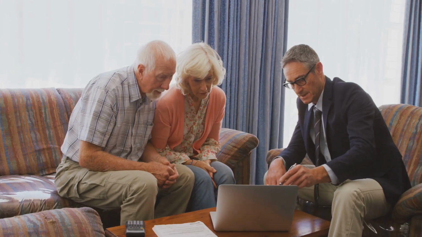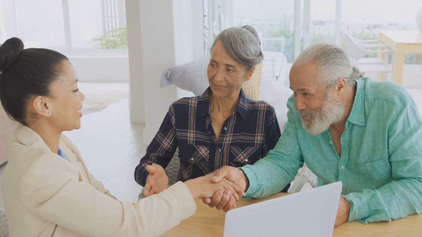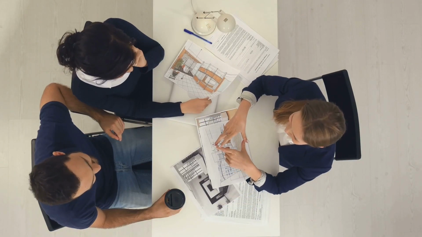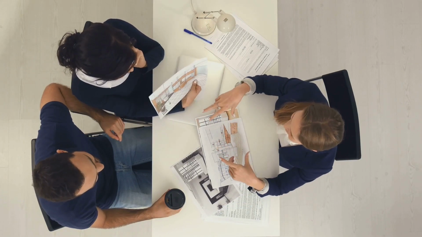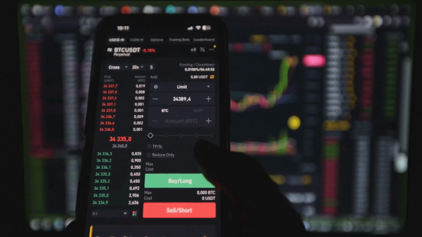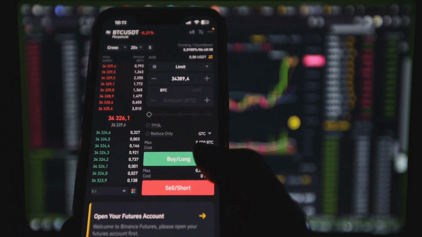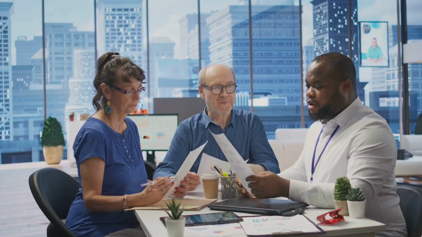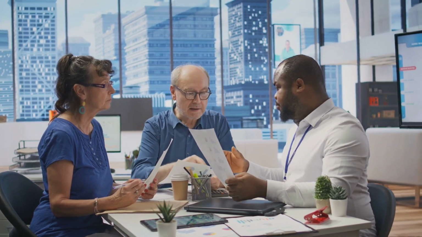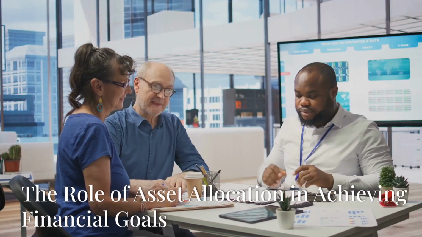2. Adapting to life changes. As you approach retirement, gradually reduce risk by increasing your allocation to bonds and cash. For major life events like buying a home, temporarily increase liquidity to meet immediate needs. 3. Tactical adjustments. Make short-term changes to take advantage of specific opportunities, such as undervalued sectors or geographic regions. While dynamic asset allocation offers more flexibility, it's essential to stay focused on your long-term objectives to avoid unnecessary risk.